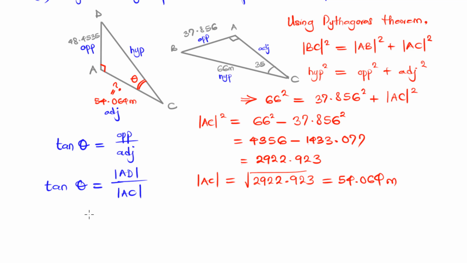If we put in the values, tan theta will be equal to AD, which is 48.4535, over AC, which is